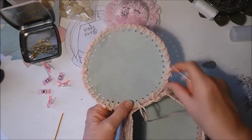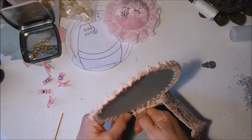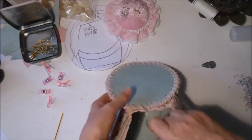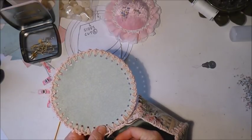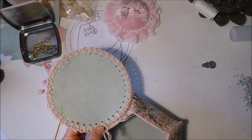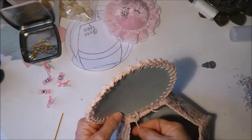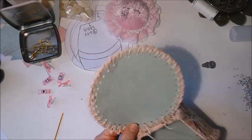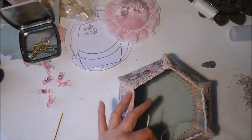I kind of want, see that one's a little bit loose, so I kind of want the same tension, is that the word you would call it, on both sides. That looks about right, I think. It seems right. It doesn't look right, but it seems right. So let's just...